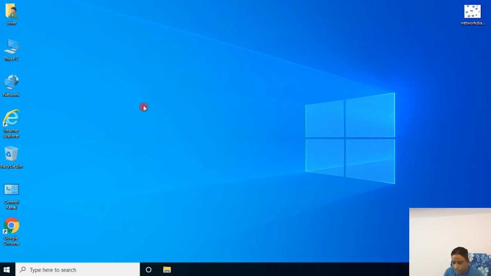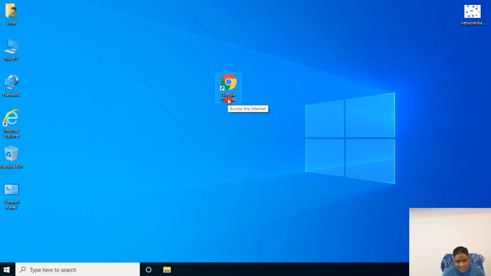So what are icons basically? An icon is a symbol that represents a certain application. For example, we have Chrome. Can you see this Chrome in the center? See, I'm moving this Chrome. This is Google Chrome. So why is Google Chrome used?